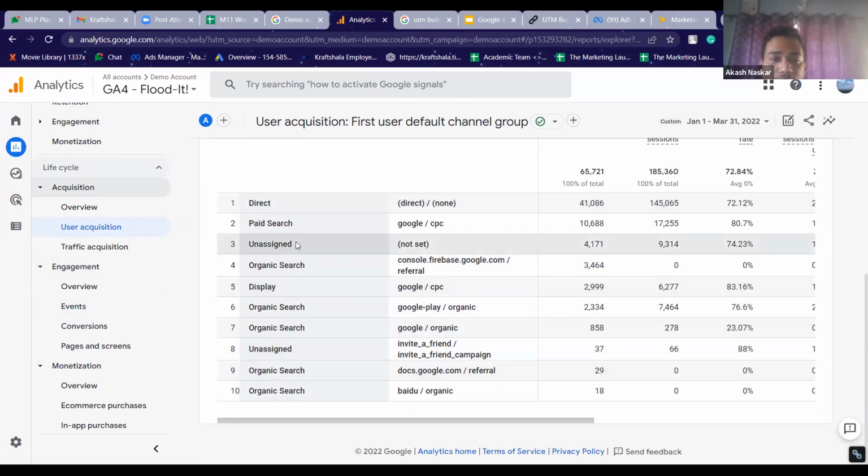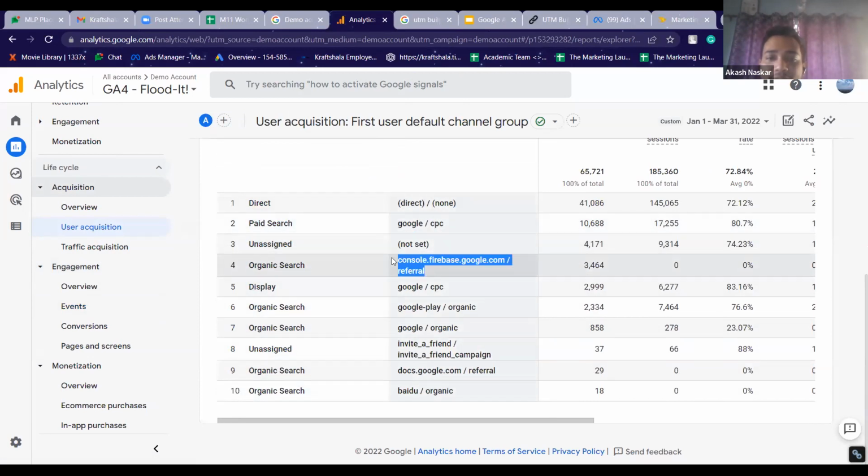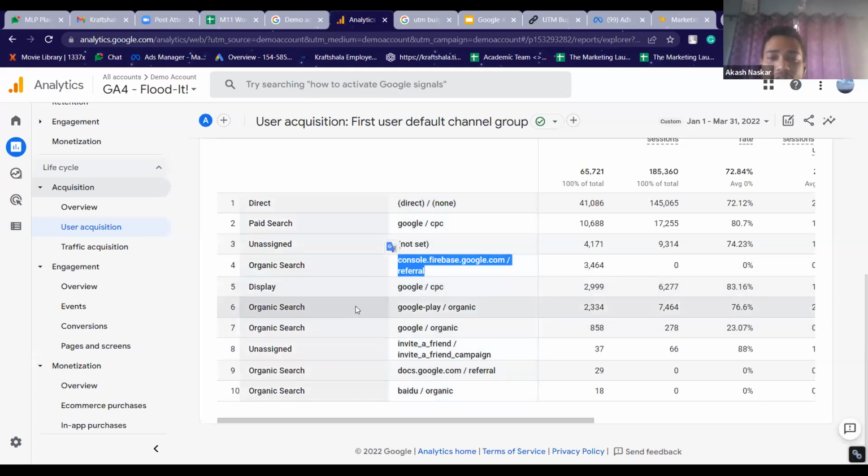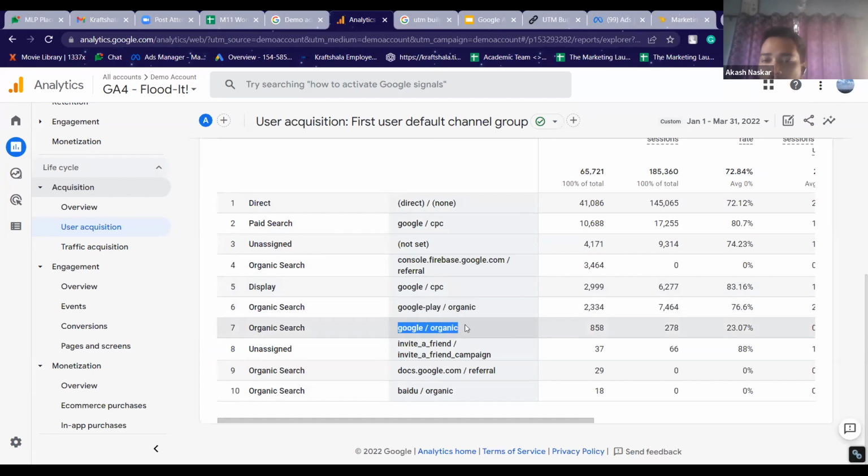Paid search is divided into Google CPC, organic search into referral traffic, display, and Google CPC. There are two more sections of organic search: one is Google Play organic, one is Google organic. So your normal primary dimension is getting divided into your secondary dimension of source and medium.